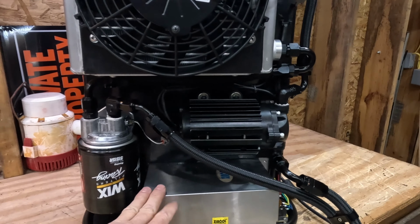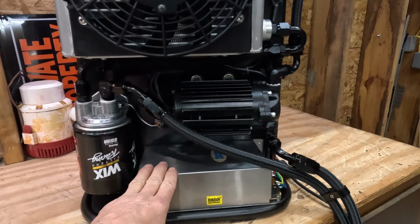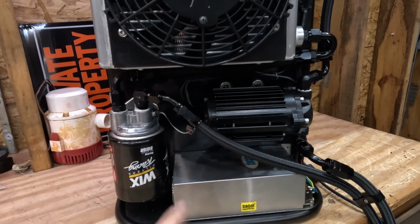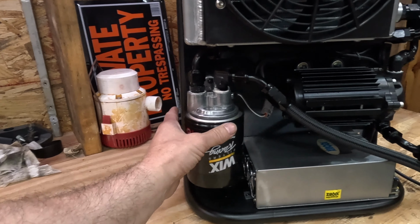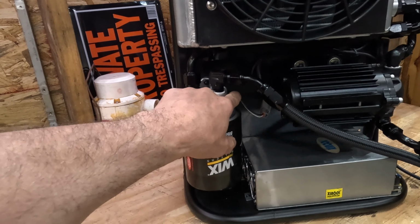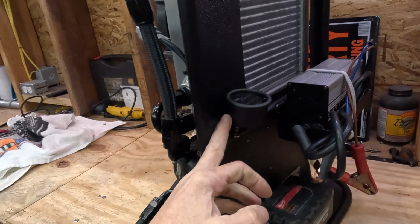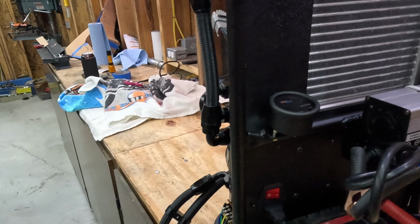The other thing you see here, I commonly refer to as an inverter, but it is a converter. It's taking 110 volts AC and converting it to 12 volt DC. I believe I've got that right. I added an auxiliary filter, and in that filter housing I drilled and tapped and added a temperature probe so that I could see the temperature of the fluid as it leaves the filter housing